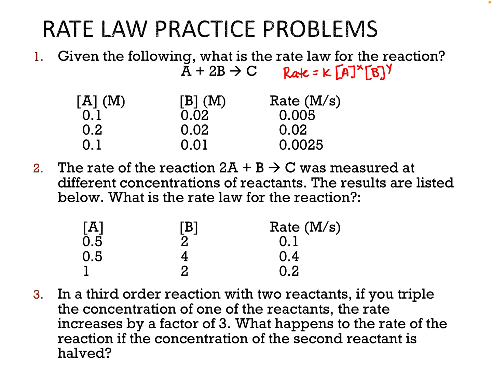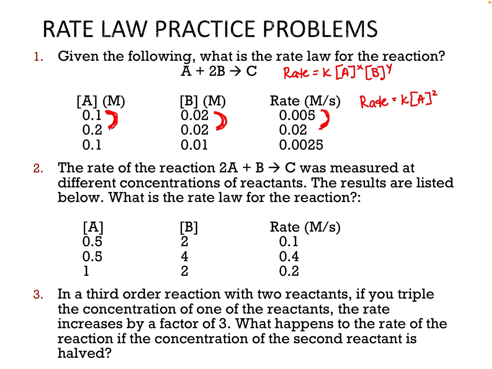So if we're looking at A, we're going to hold B constant. So I'm going to use this one. We'll hold B constant, and A doubles. And if we look at our rate, when A doubles, our rate quadruples. 0.005 times 4 will give us 0.02. So our concentration of A doubles, our rate quadruples, which means that it is second order with respect to A. So our rate is equal to K times A squared,